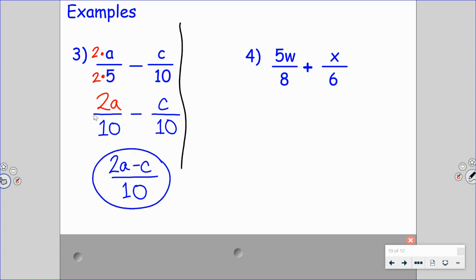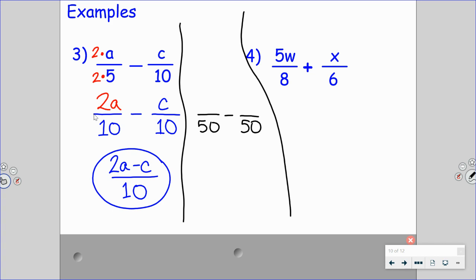Now, I'd like to do that same problem. Let's say a student did not notice that 10 was the least common denominator. I have many students, in fact, that try to simply multiply the two denominators and use that. Okay, so let me go ahead and show you what happens when you do that. If we were to multiply 5 times 10 and a times 10, we would have a new numerator of 10a all over 50. If we were to multiply 10 times 5 and c times 5,